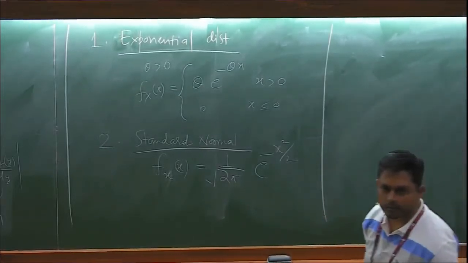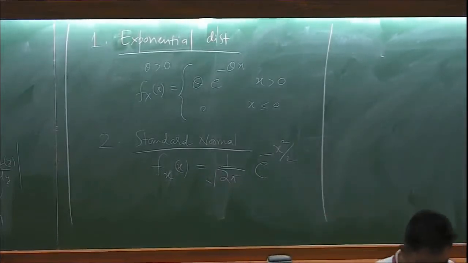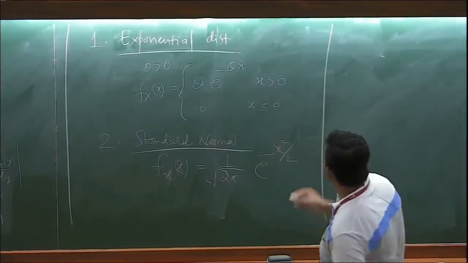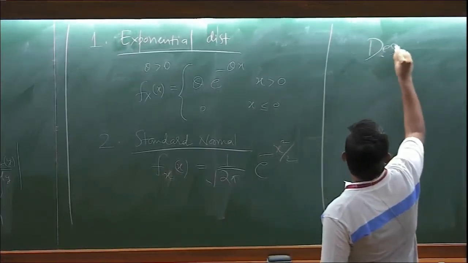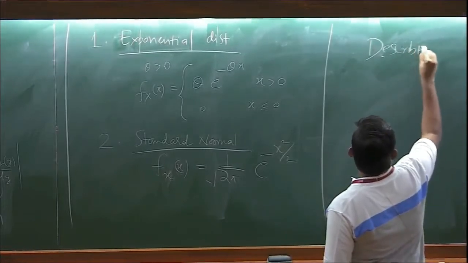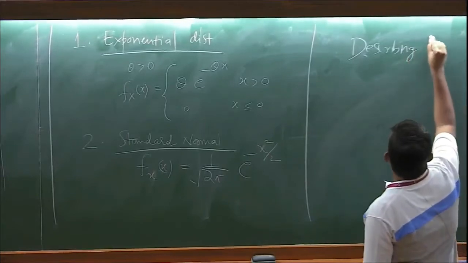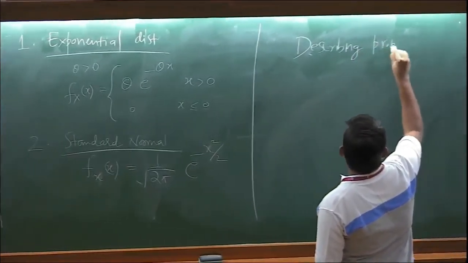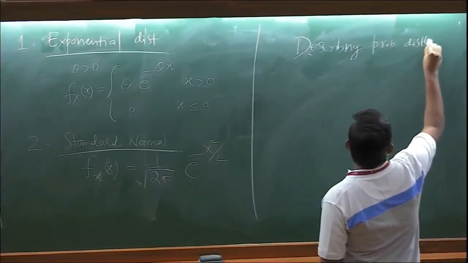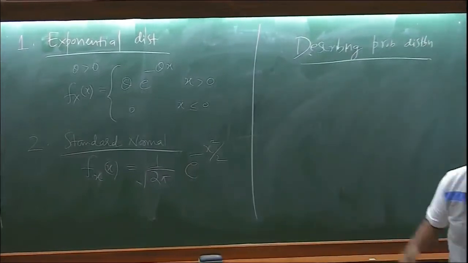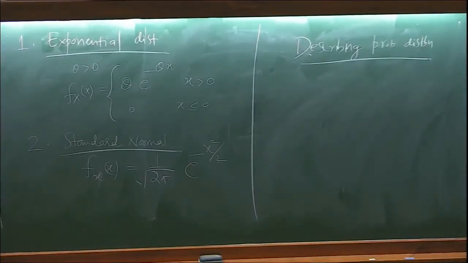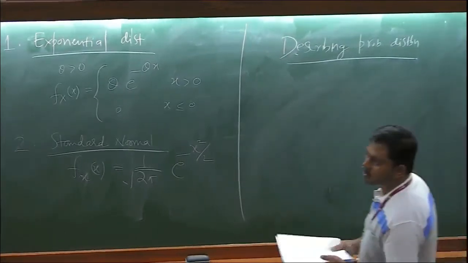Can I go on to the next step, trying to describe distributions by what are called moments. So how do you describe a probability distribution? One is you give me the probability distribution or the probability density function describing a probability. If you give me the full f of x or p of x, then I'm basically done with the full story. But many a times it's not possible to get that.